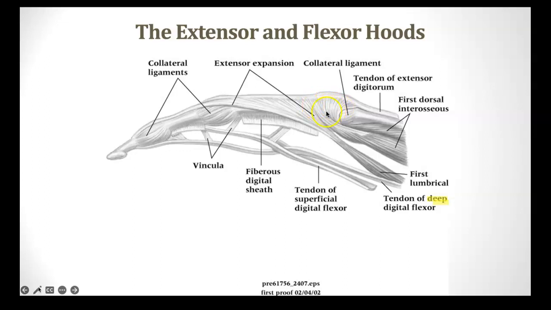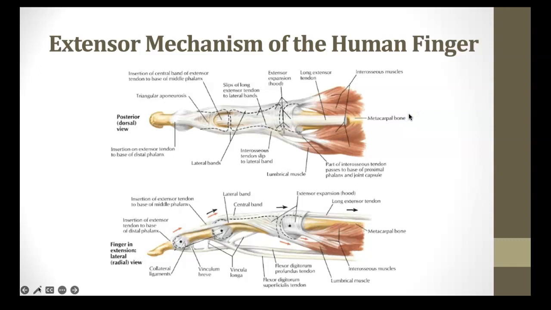And believe it or not, our MCPs are also held together by collateral ligaments. But then in addition to that, we also have these things called cruciate ligaments, which we can't see really well, but they provide support to the distal interphalangeal joint and the proximal interphalangeal joint and the carpometacarpal joints from a load perspective. So we have all of these ligaments coming together to create pulley systems for tendons to be efficient in the finger. But then it's also important, as we switch to a different slide, that if there is a disruption